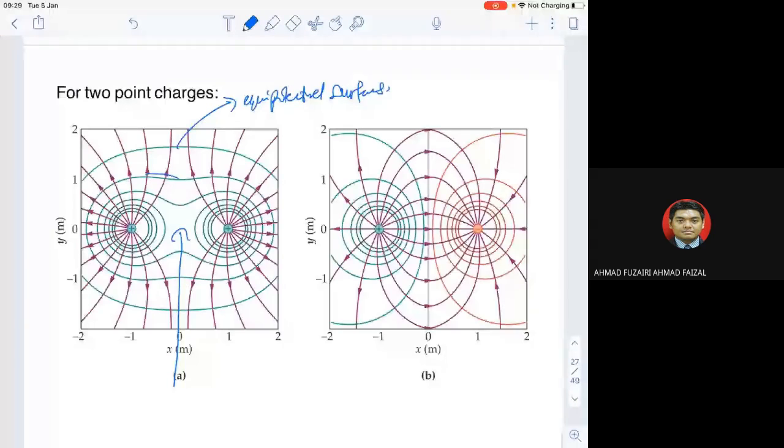All right, let's look at figure B. You can see from the positive to the negative charge. You can look at the electric field lines, the purple lines, and the equipotential surface for positive and negative. Again, this is not about the lines, but about the equipotential surface. We want to know that at different surfaces there are different potentials.